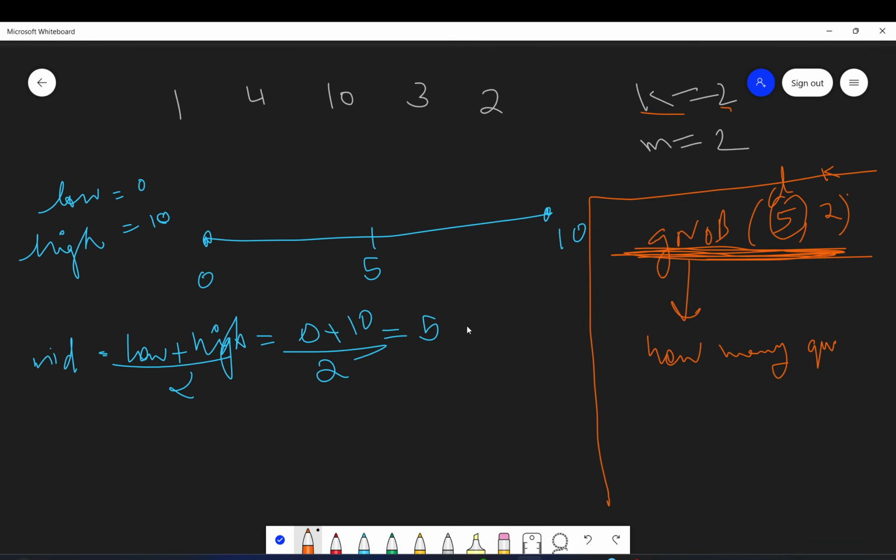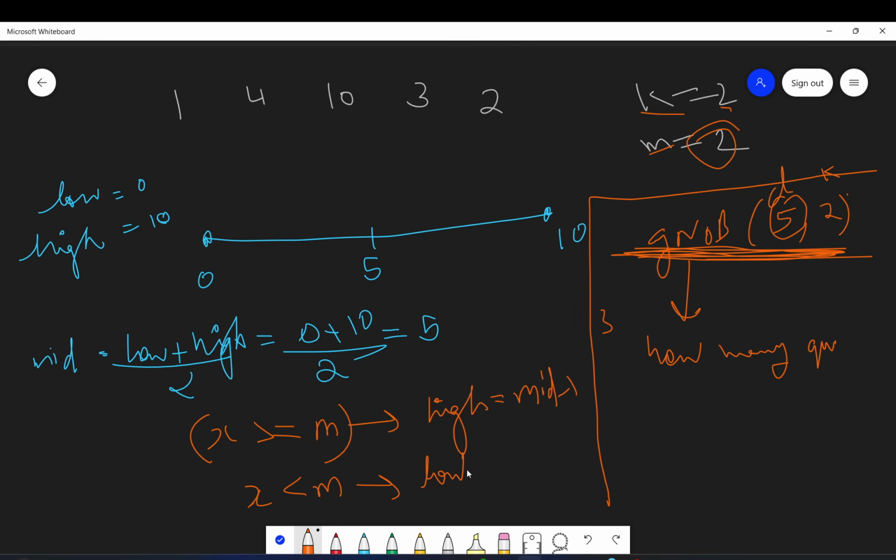Let's say I get some amount x. If that number of bouquets is greater than or equal to m, which we want, like it's telling us that you can make 3 bouquets and we want to make 2 bouquets, which is fine, so we can try and reduce the days. We will shift our high to mid - 1. But if this gives us bouquets less than m, it means we have to increase the number of days, so we will do low is equal to mid + 1. We will see this function afterwards.